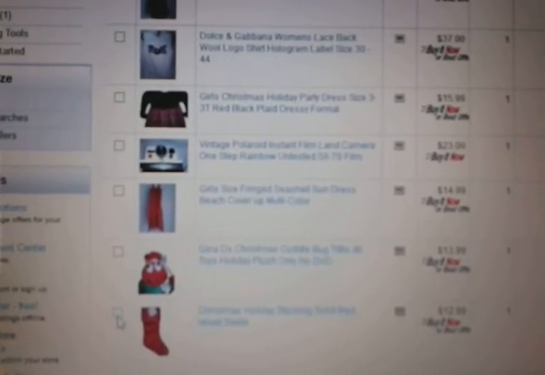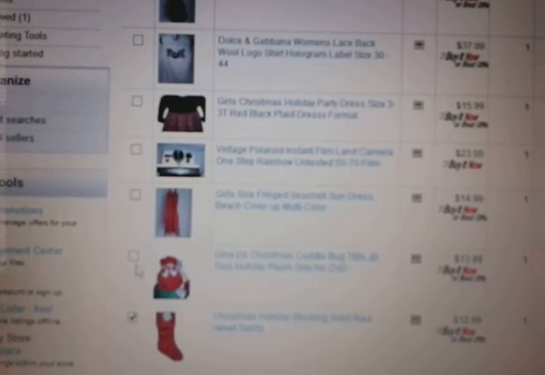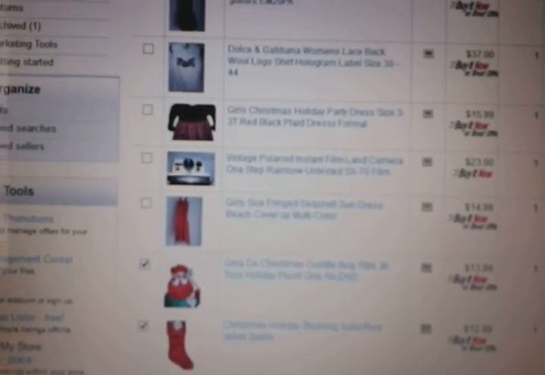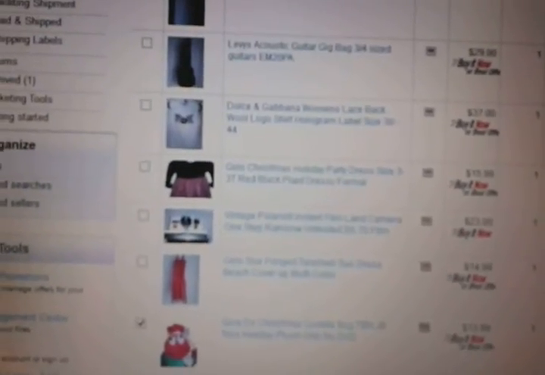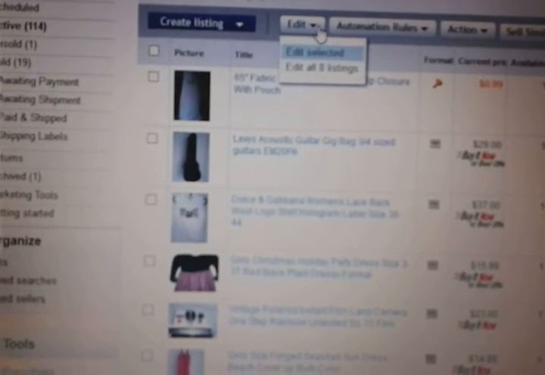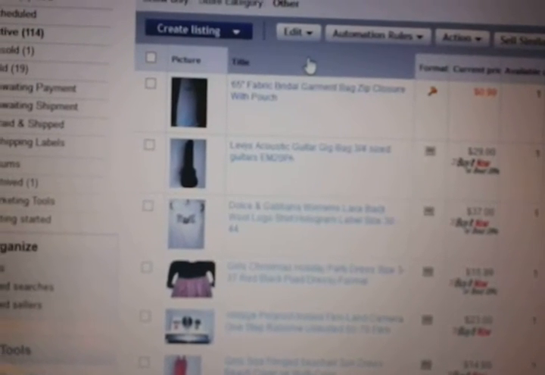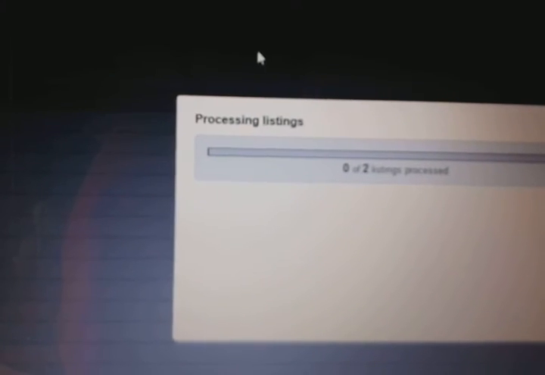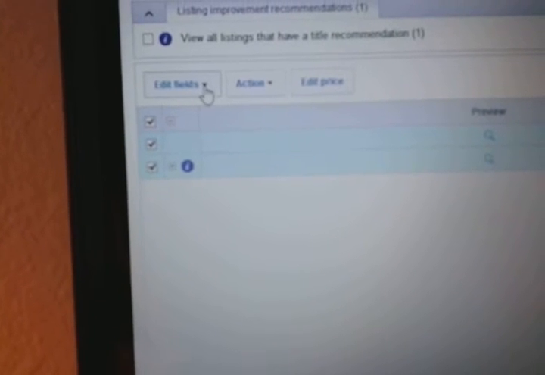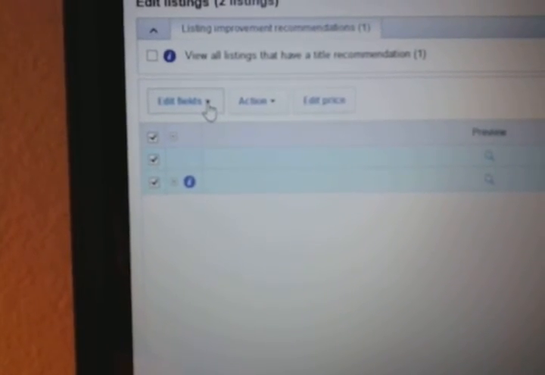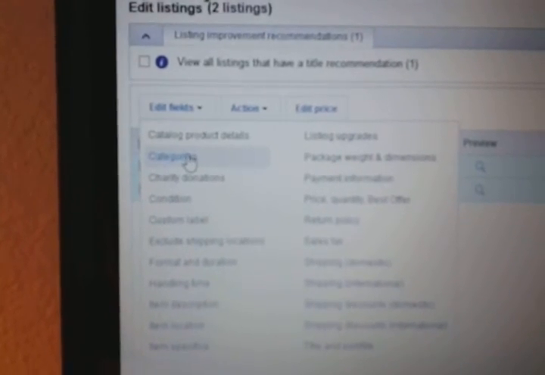So now I have to decide what I'm going to do with the rest of these. Okay, so I know that these are definitely things that I want to go into something besides the others folder. So I'm going to, again, just check those two things. I'm going to click Edit, Edit Selected, and go through this whole process again. Okay, and I'm going to click the main box to select both of these listings, and I'm going to click Edit Fields, scroll down to